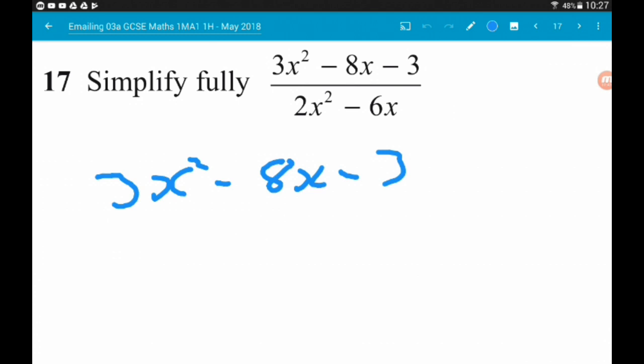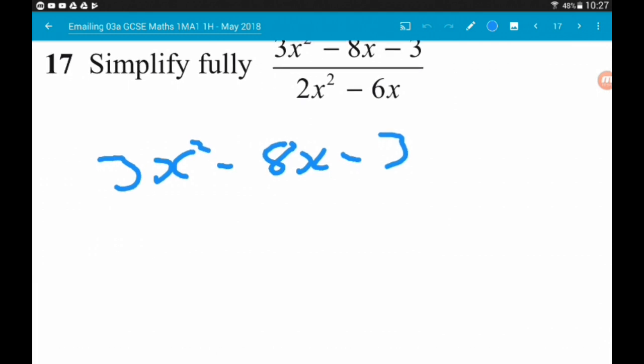I'm going to put a link down below to my video with far more examples on it. So the first step is to multiply the coefficient of the x squared term by the number at the end. So 3 times minus 3